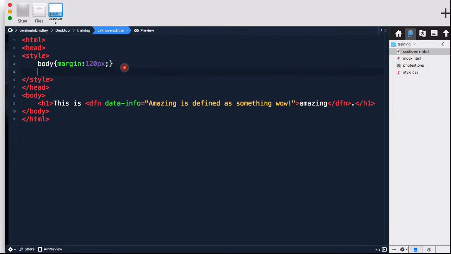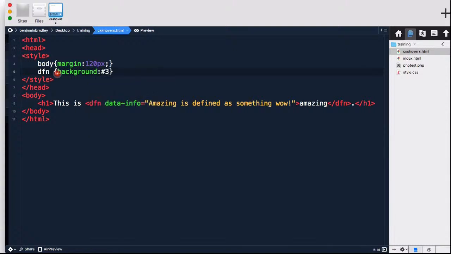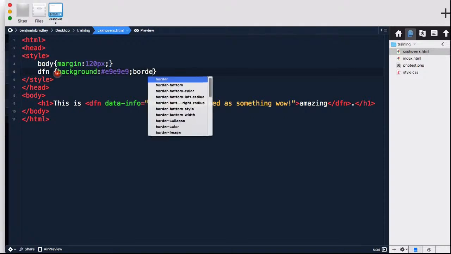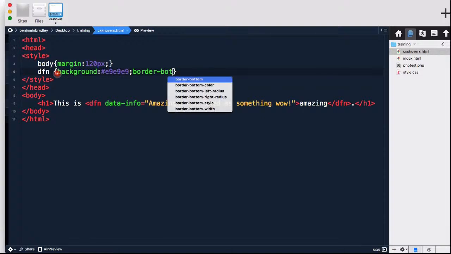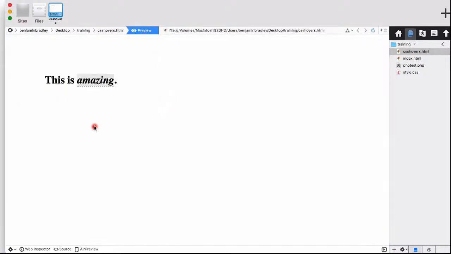So we need to start styling this. So I'm coming up here to the styles, and I'm going to say for DFN. Now remember, this is an actual element. It's not a CSS class. It's not an ID. It is actually an element, so we can just simply type that in. Now in this, I'm going to add a background of kind of a grayish color, and we're going to add a border so it'll be really easy to see, dashed 1 pixel. Now, if I save this and we go back, all of a sudden we're going to get